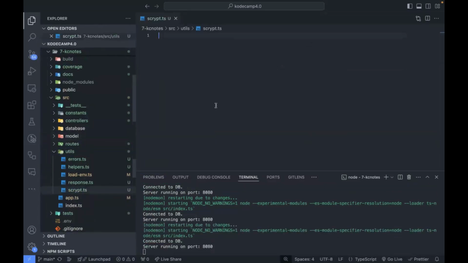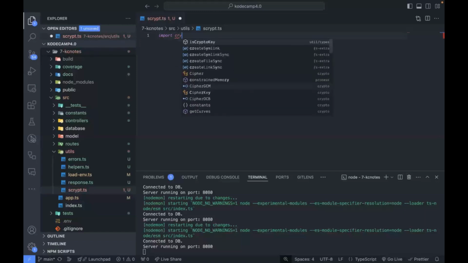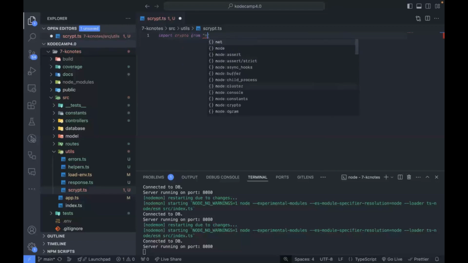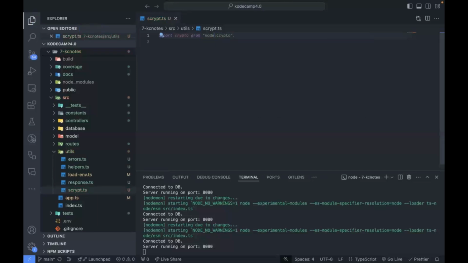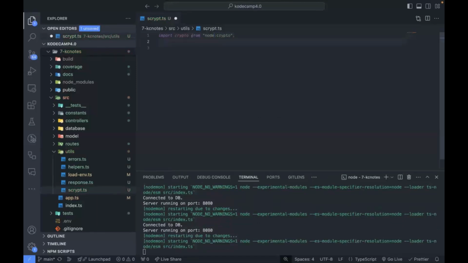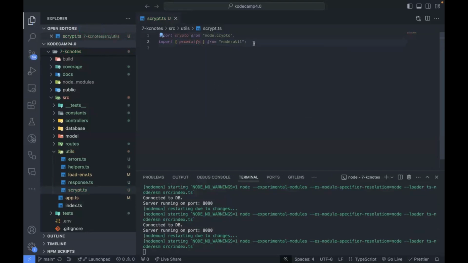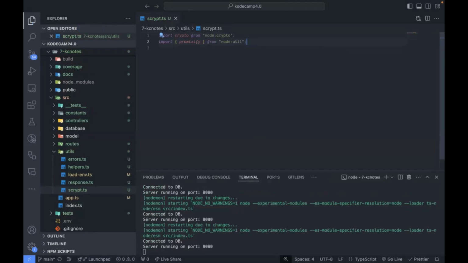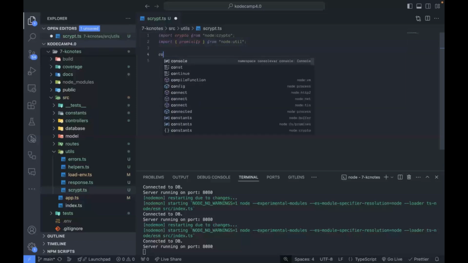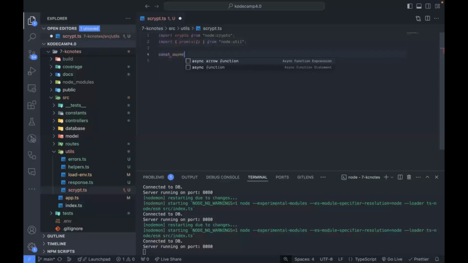So in our utils here, we have a script file. And in our script file, what we want to do is import crypto from node:crypto. Now we import promisify from node:util, because we want to turn a function into a promise. So what we want to do here is say const asyncScript is equal to promisify